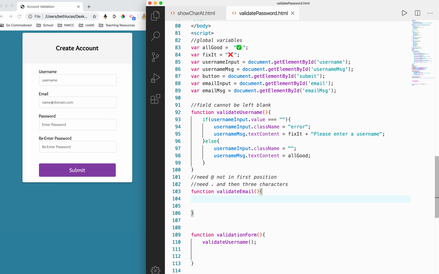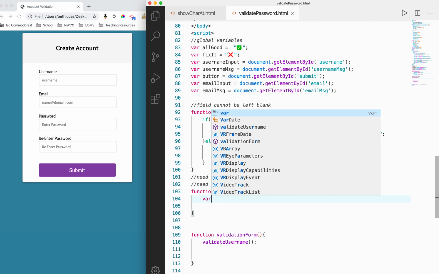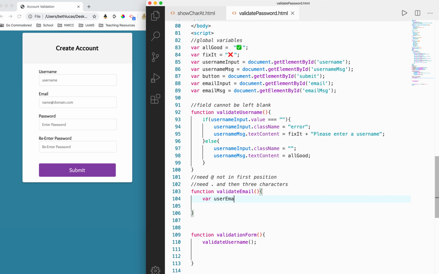Okay, so what are we going to need to know to be able to complete this task? Well, we need to know what the user typed, right? We can access the input with this variable, but we can't access what the user typed without getting the value. So let's create a new variable called userEmail, and that's what happens when we access emailInput and we